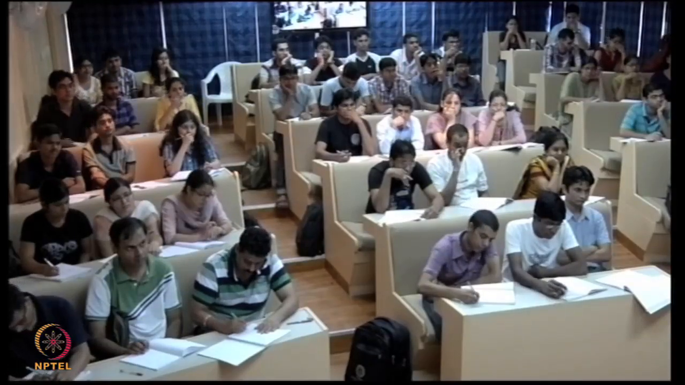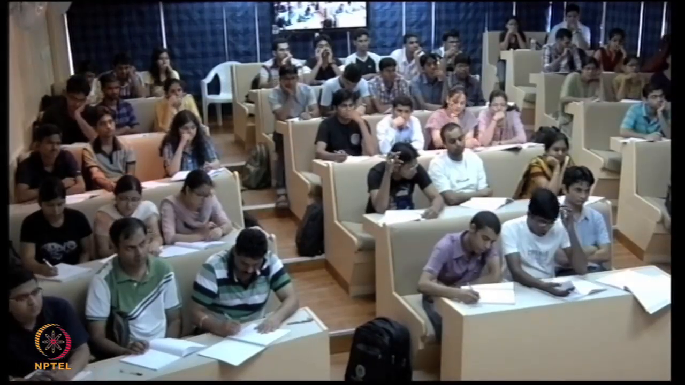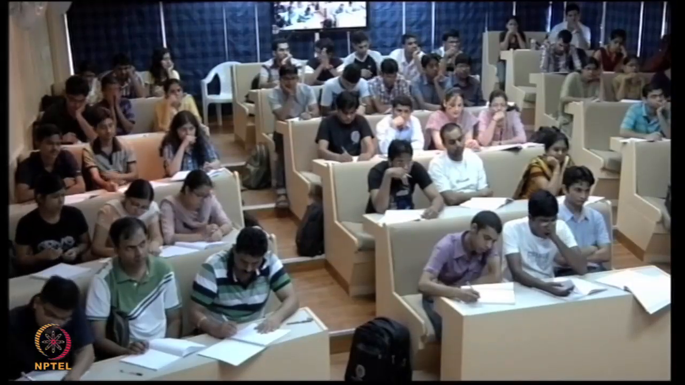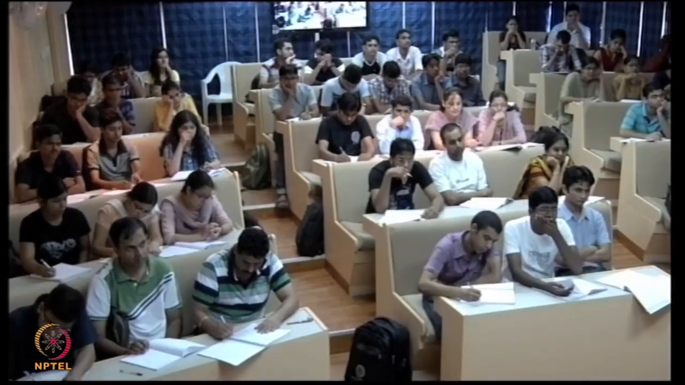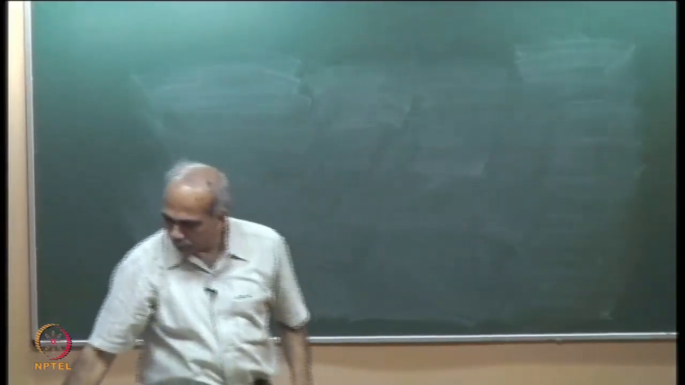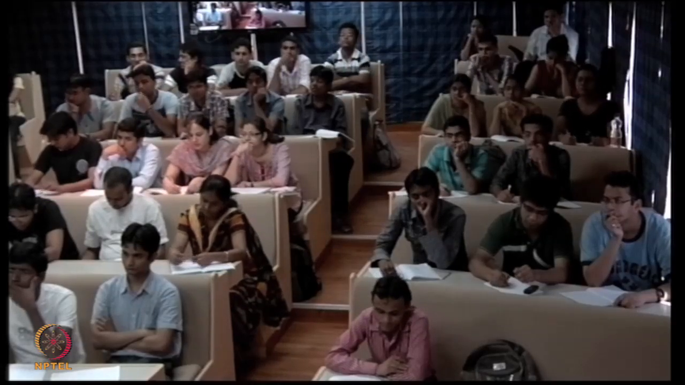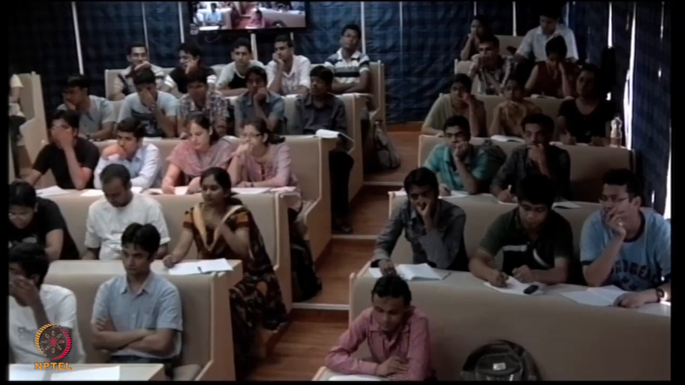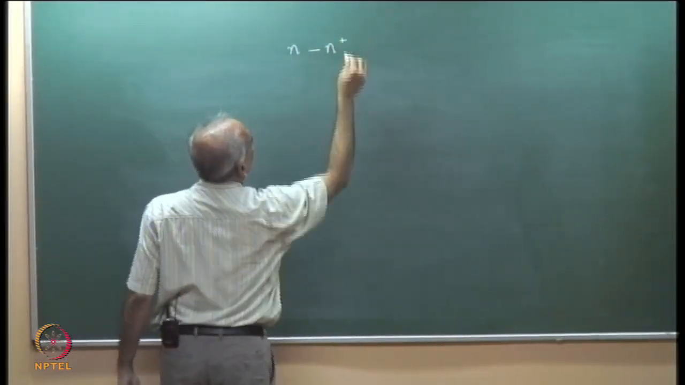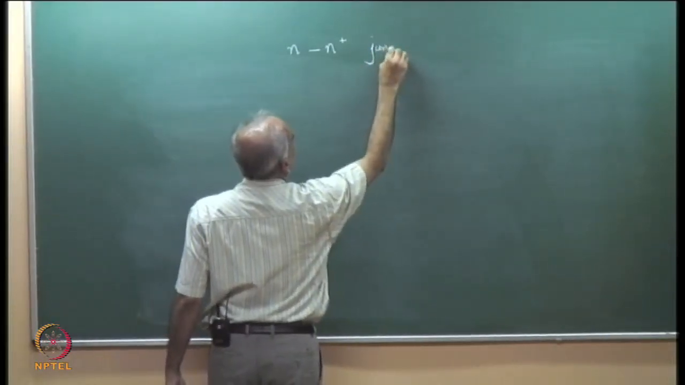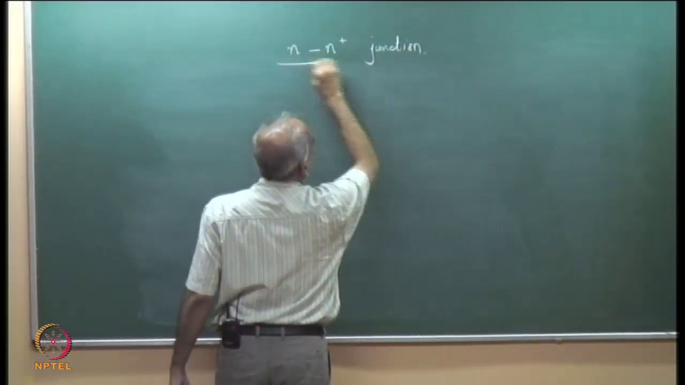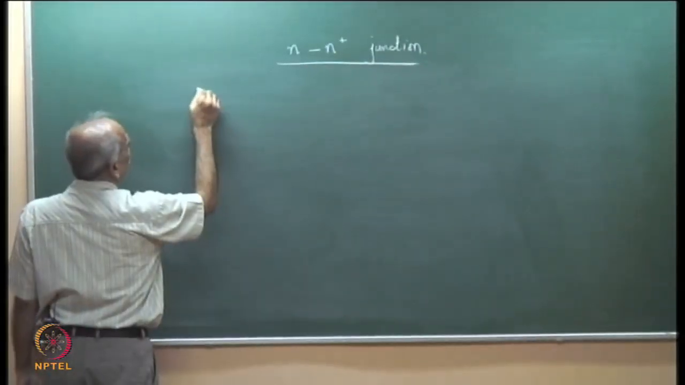So, let us look at the band diagram of an N plus semiconductor, and exactly like that you can see P plus semiconductor. You can try yourself how it would look like, why N plus would behave like a near ohmic contact, and so N plus junction. Energy band diagram. So, before contact,